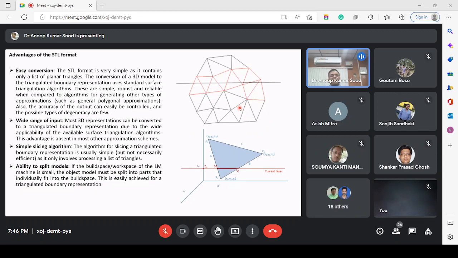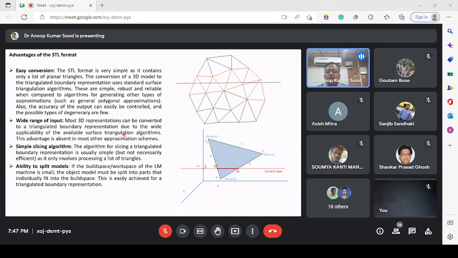Now, why do we actually use the STL format for data representation in this case? First of all, it is easy conversion. Almost all the CAD software we use at present have this type of representation, and we can easily convert them. It is very simple. In a file, a save as option will be there. In the save as option, you can choose the file type as STL, and you save your file in whatever location you want, and it will be automatically converted into an STL format. So that is an easy conversion. You don't require a special algorithm or programs to do the conversion process. Okay,